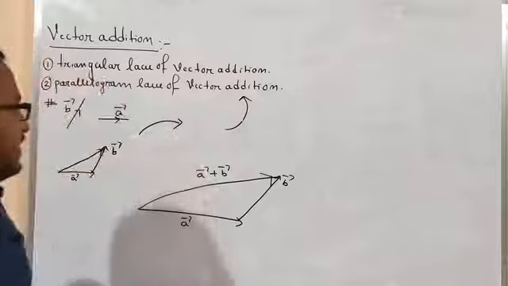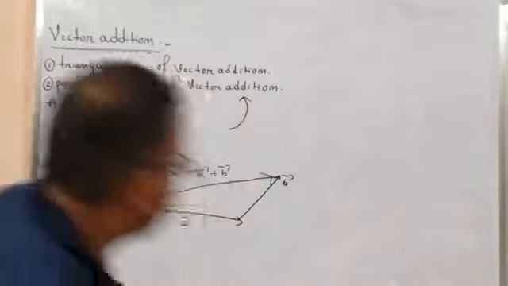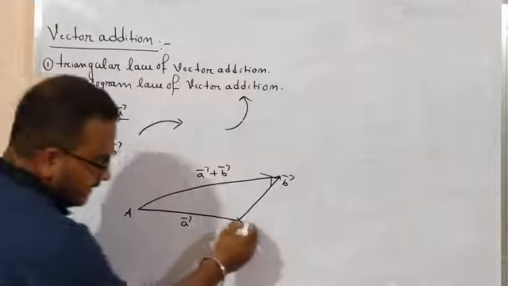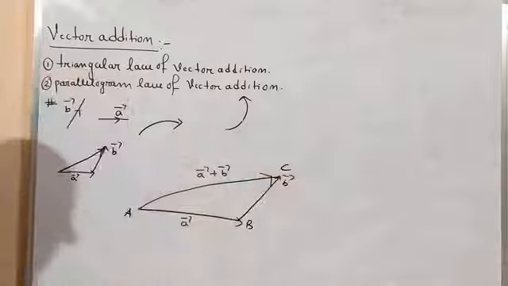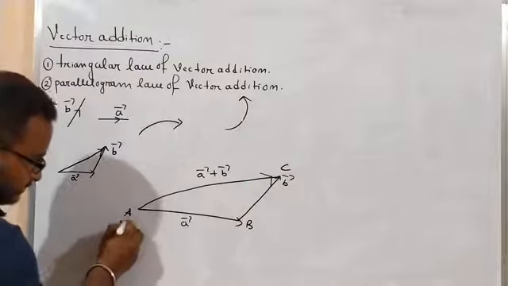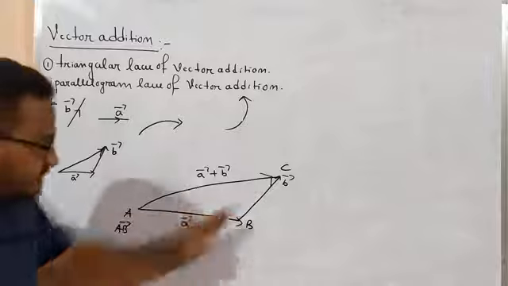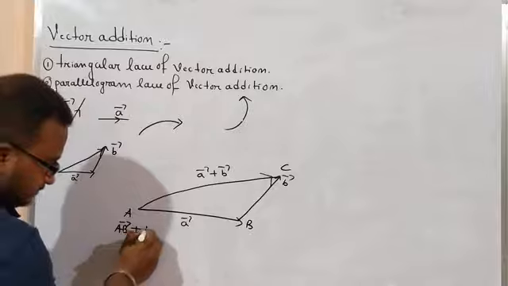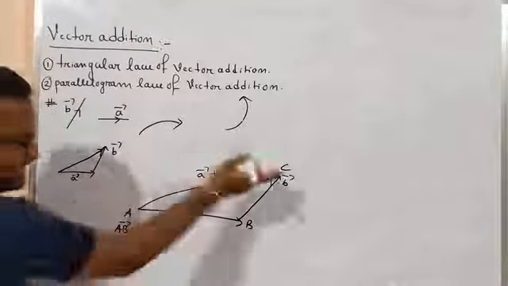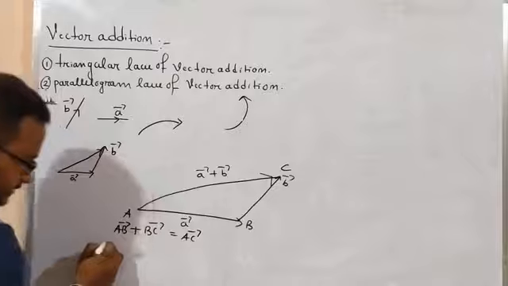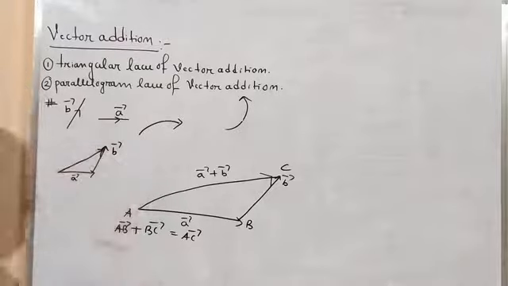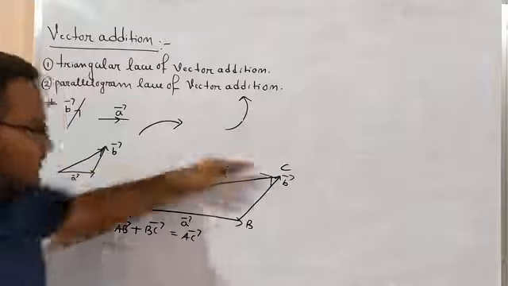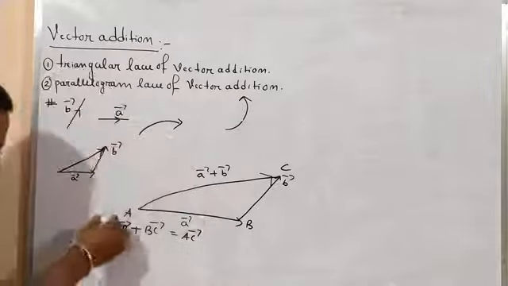Okay? So let me read this part. One more thing you have to see. Suppose these are my points A, B and C. So it will always be AB vector, because the AB vector is in this direction, then plus BC vector is always equal to AC vector. That means no need to write anything, it is of course. This is the AB vector, this is the BC vector, plus equals the AC vector. So always remember this one.